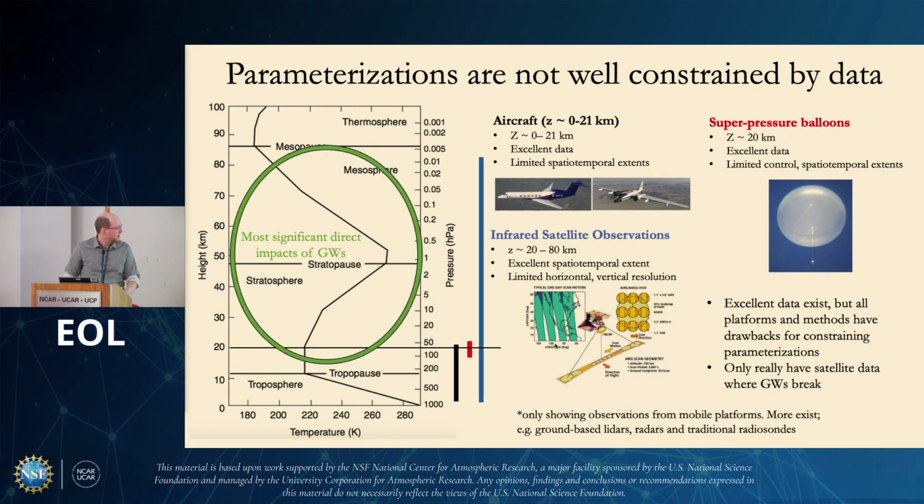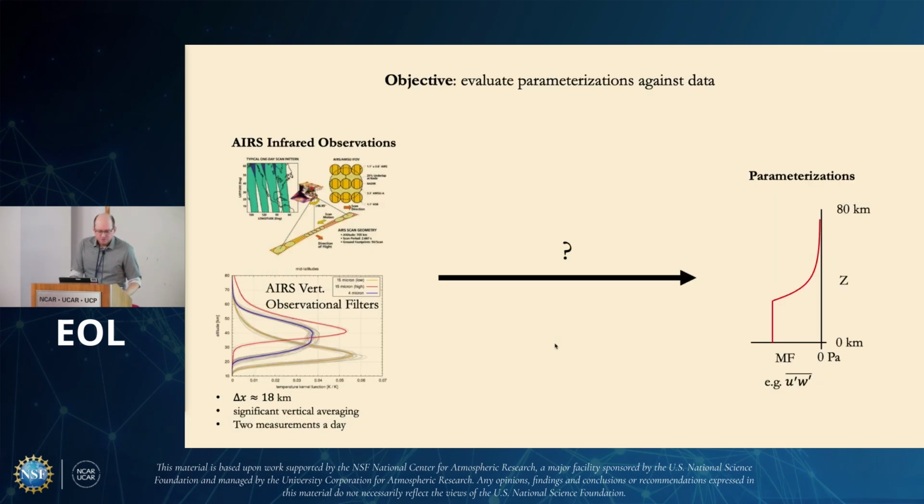So within this talk, I'm really wanting to focus on this upper level region, the stratosphere and mesosphere, where these waves are breaking and having a significant impact. So the overall objective of this talk is to try to evaluate parameterizations against data. Given the altitude of interest, I'm really wanting to use the AIRS observations, which is an infrared radiometer that gets you radiation from a number of different wavelengths. But the channels of interest,